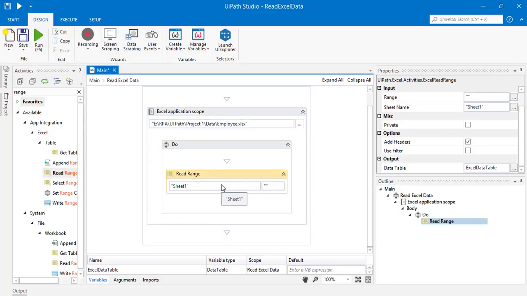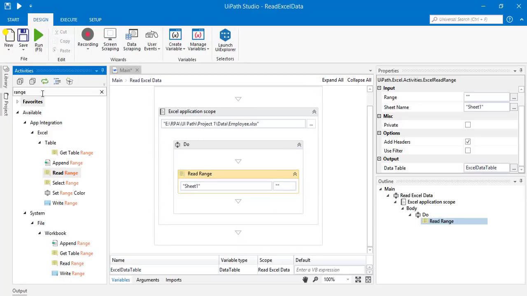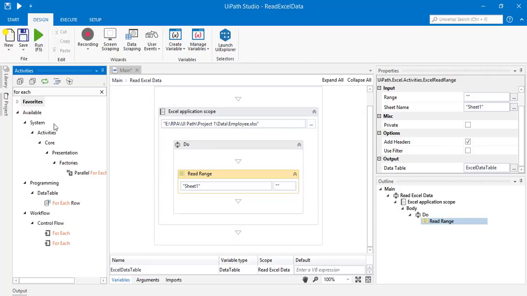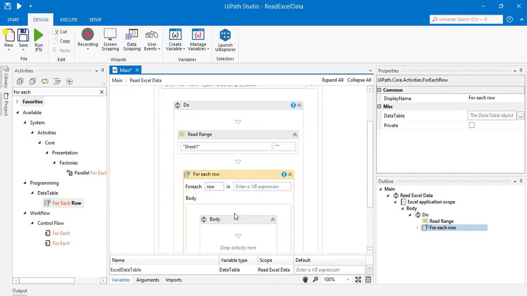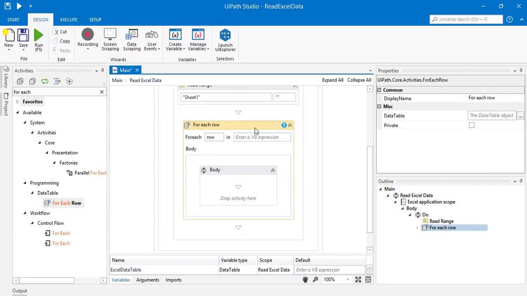Okay, so now we read the range. Now we need to read the data. So for that we have to use each row. So for that I can use for each. So you can see for each row I can drag and drop here. So here you can see it's asking for each row in, and it's asking the data table. So here we already have the Excel data table. I can put it here,